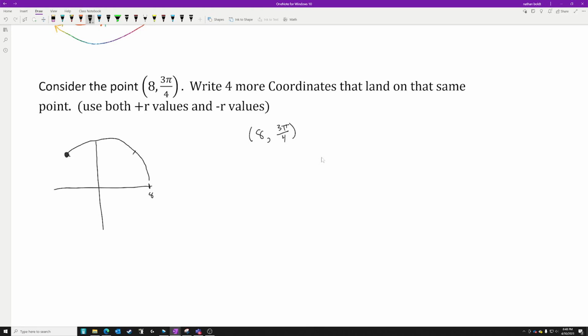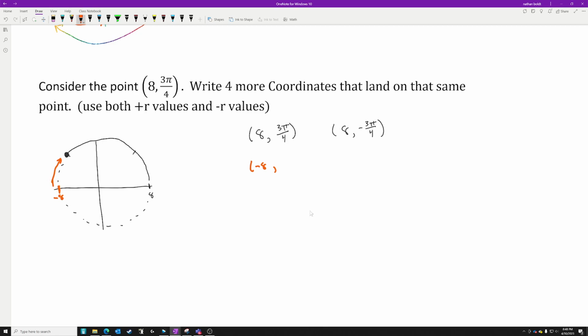Now, what are my other ways to get there? Well, I could go clockwise instead of counterclockwise. So that will be 8 comma negative 3 pi over 4. And then I could start on the negative side of my radius as well. Negative 8. Let's see, I can go this way,